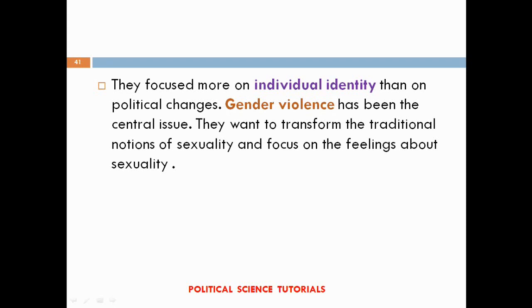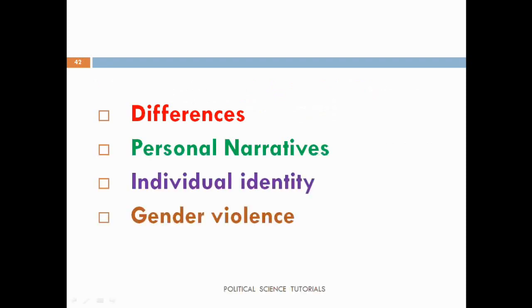So we can say feminism as an ideology, in its first wave, was centered around suffrage and legal gains. While in the second wave, the focus was on sexuality, marital rape, domestic violence, reproductive rights, family, etc. The third wave introduced more complexity to the movement through gender equality and a focus on the individual battles women face, and gender violence has been the central issue.